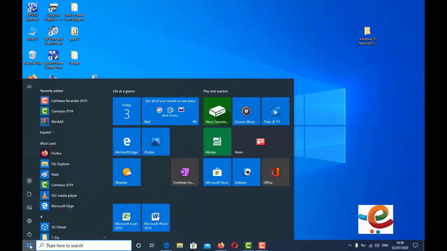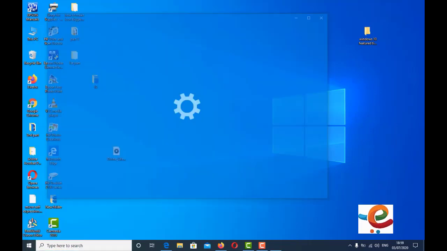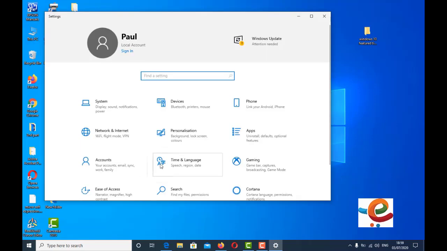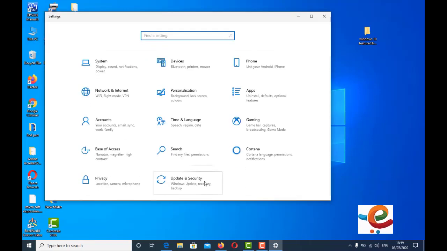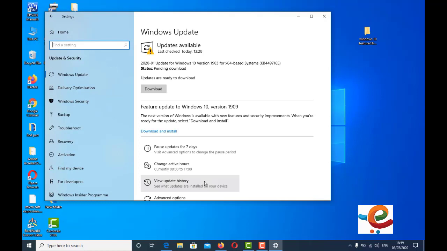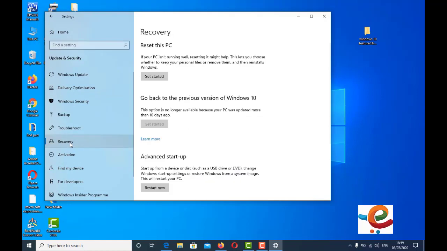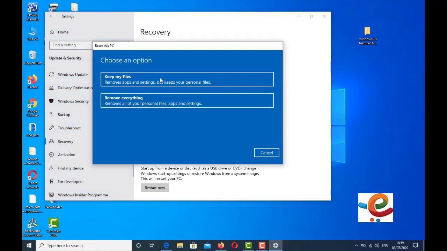Go to Start menu, Settings, Update and Security, Recovery. You can see here, reset this PC, get started. There we can choose two options. We can keep our files, or else we can remove everything.